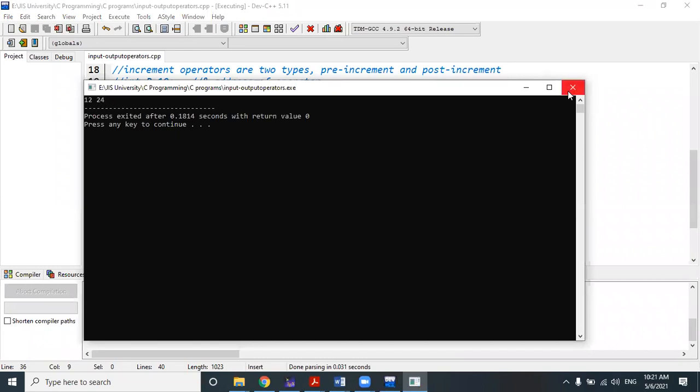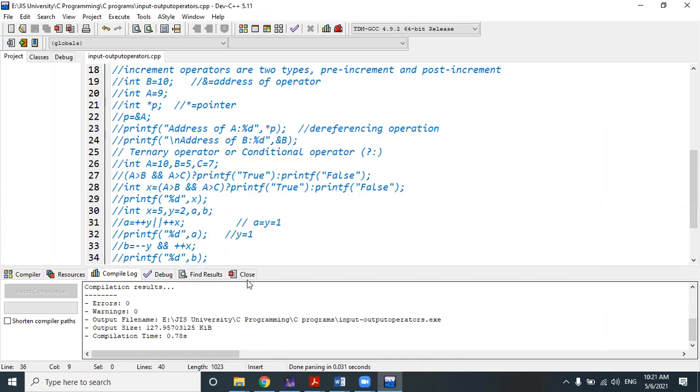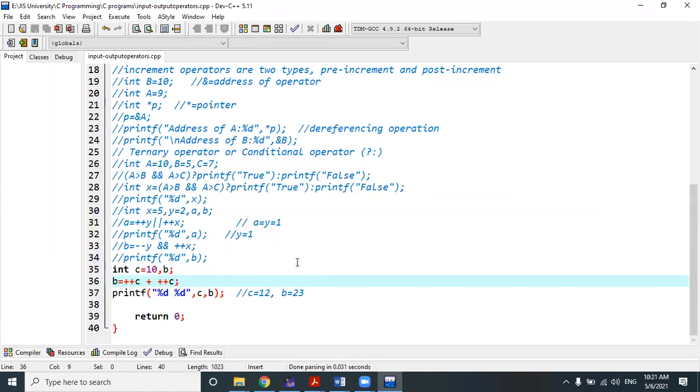12, 24. So 23 is not there. Why is it 24? Why is it not 23? Actually, in such kind of compiler, we should not execute our code with increment decrement operations.